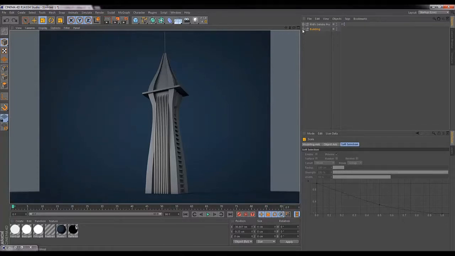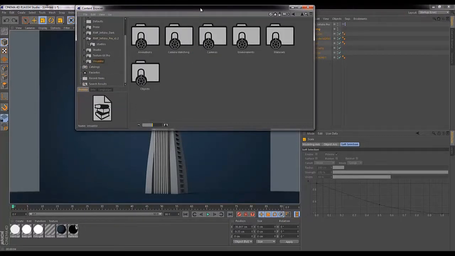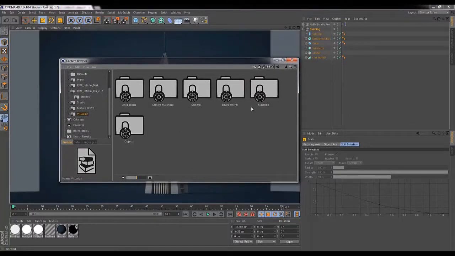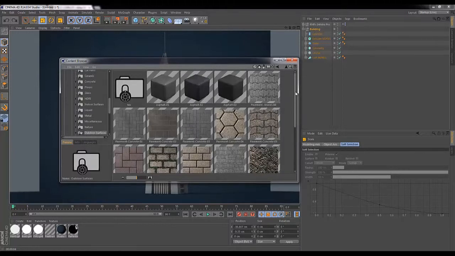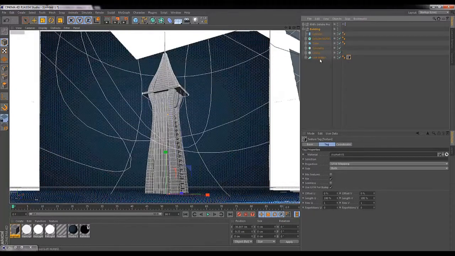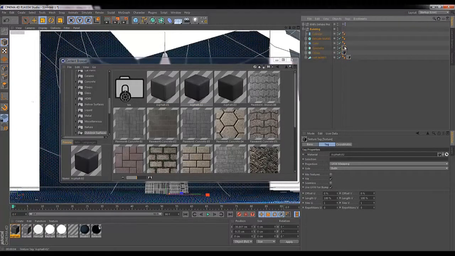I am going to just texture it very, very simply. If you've got the Studio version, you will have this. If you've got Visualize, you'll have this. It depends what version you've got. But if you look in here, there's a materials one, and there's plenty of outdoor surfaces, that sort of thing. So maybe asphalt. You could make the main building side of it asphalt. This is always a good idea, to name your parts when it comes to this side of things, by the way. And maybe we'll use a darker one for our cloner, for our symmetry cube, and we want